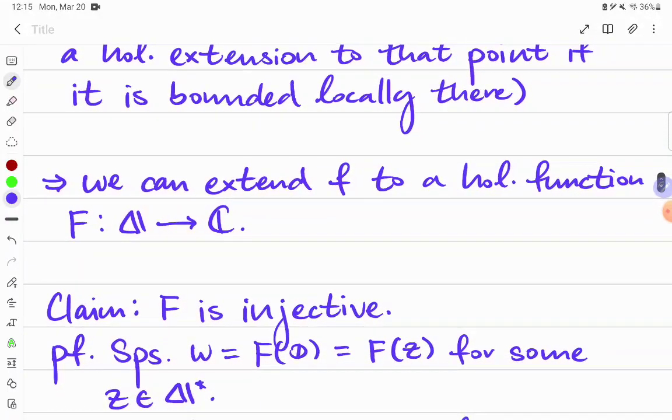Well, we argue by contradiction once again. We suppose that W is some point where F fails to be injective. Now, the only way for big F to fail to be injective is if one of the points involved is 0. This is because otherwise we would reduce to this little function f here, which is, by hypothesis, conformal, bijective, hence it is injective. Now, since little f is injective, it means that one of the points for big F has to be 0 if it fails to be injective, and the other point is going to lie elsewhere in the punctured unit disk.